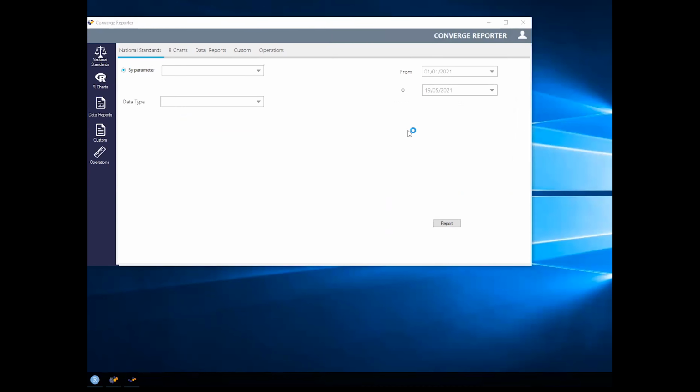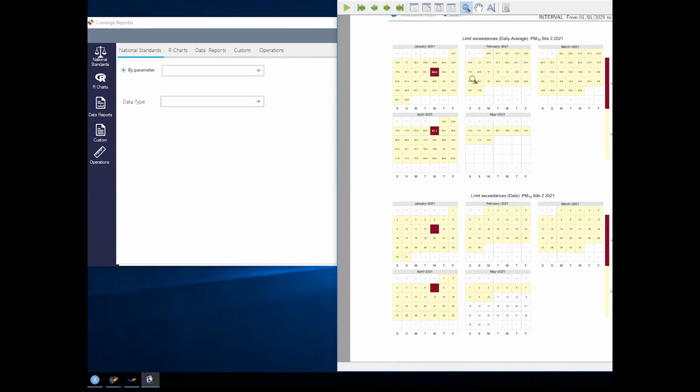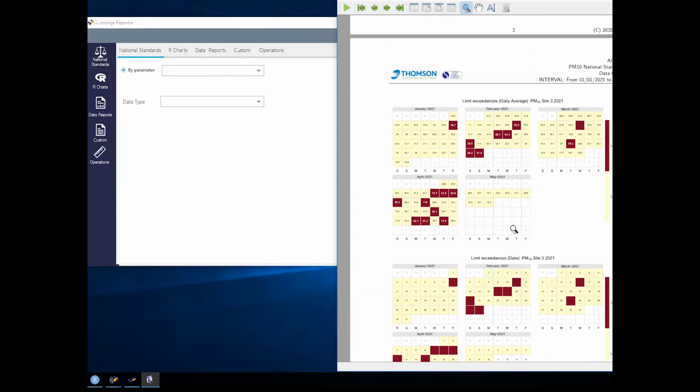Of course, we have reports to calculate for the different parameters according to the national standards. I show you here an example. For example, this is for the PM10 in a network for all the places, and in this case we create a calendar with all the different sites and the different exceedances for the limit. All these reports can be customized. We can mix the tables of data, all the visuals you saw in the previous slides, and we can generate it automatically and send it to different recipients that can use this for the reports,